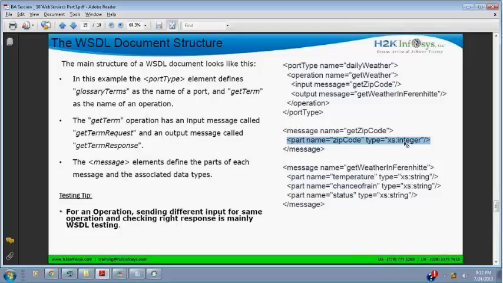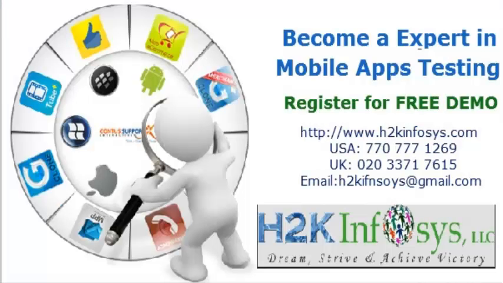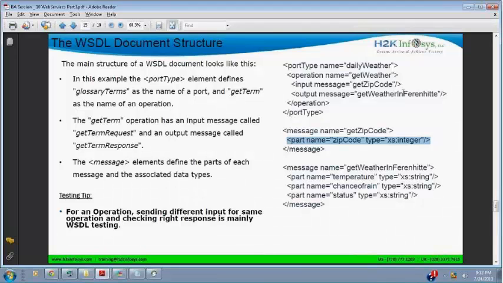Okay, and output message. See here, output message is get weather in Fahrenheit. So I will search this message in WSDL, and in WSDL I can see that the message name is get weather in Fahrenheit.